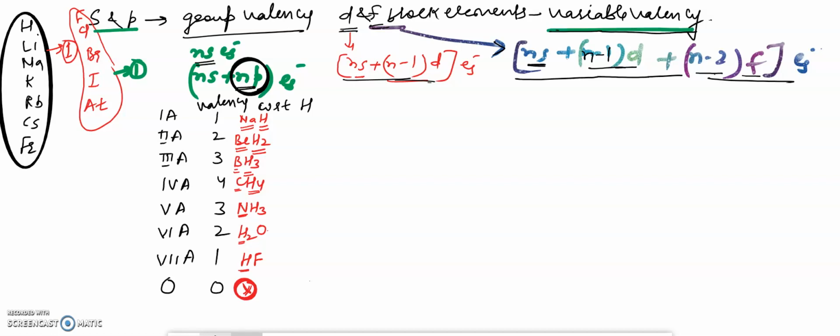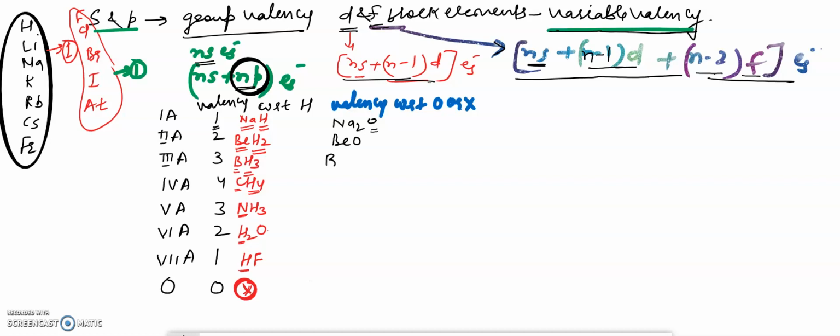Now we will go to the next one, valency with reference to oxygen or halogen. See here, Na2O. Valency of oxygen is 2, and 2 sodiums are there. So 2 sodiums are having valency 2, means 1 sodium will be having 1 valency. So here it is 1. Now see BeO. What is the valency of oxygen? 2. So the valency of beryllium will also be 2.